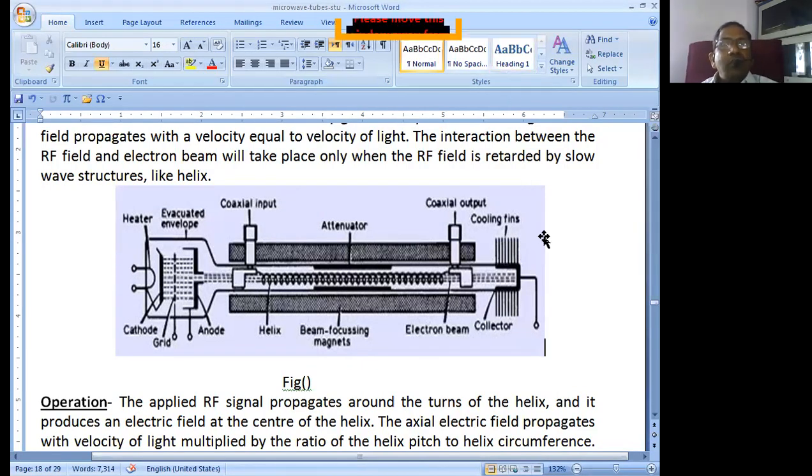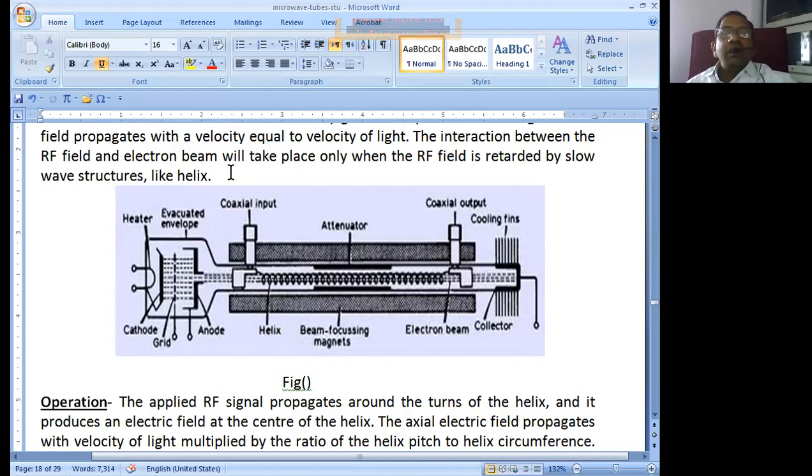Now after the anode, we are going to have the coaxial input cable using which we normally supply the RF signal. We normally supply the RF signal of low amplitude, and this RF signal is simply transferred into this particular interaction space. The space between the coaxial input cable and the coaxial output cable is known as the interaction space in